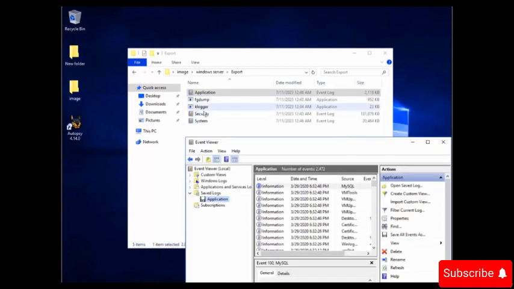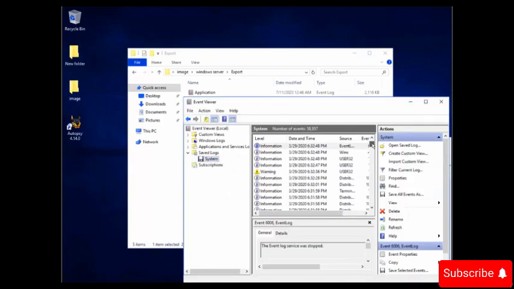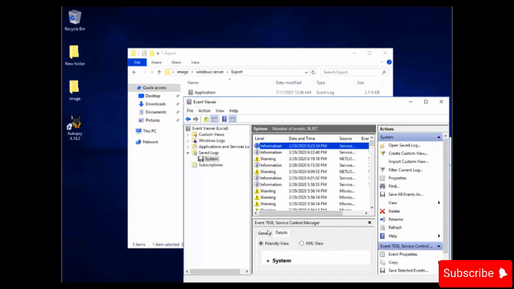So double click on system logs. Now scroll down and look for the date and time when you received the alert. Now here, look at this particular event. Okay, here you can read the details. It says the Windows Update Service entered the stopped state. You can also go to details, and if you read the log just above it, this one, and go to general, you can see it says the Windows Firewall Service entered the stopped state.